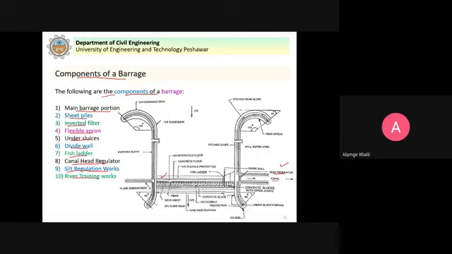And the river training works, that includes these guide banks, marginal bunds, groins, spurs, dikes, etc. So you see that these components of the barrage, we already discussed in detail in the previous lecture. The detail of these components is the same as in the previous lecture. So I will now mainly focus on these components here. We need to study them so that we get the idea about these remaining components,